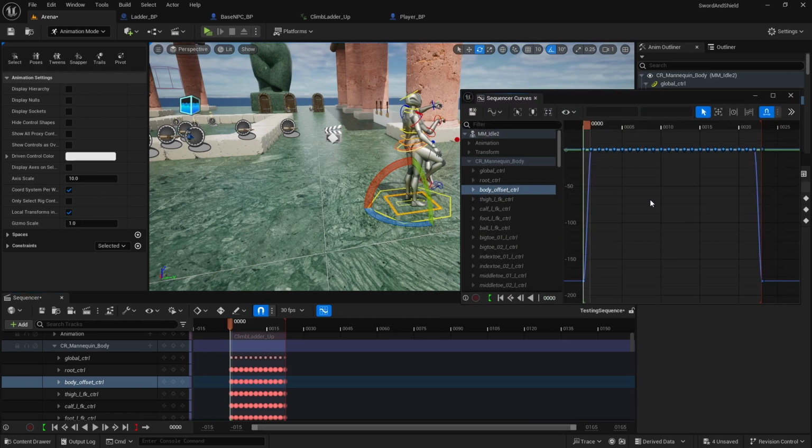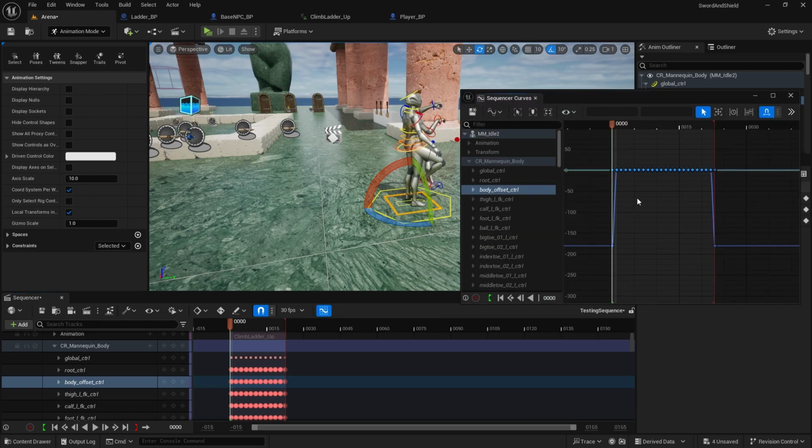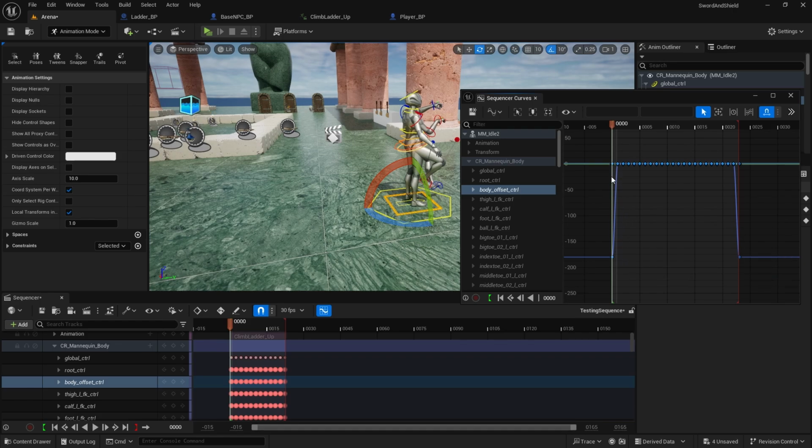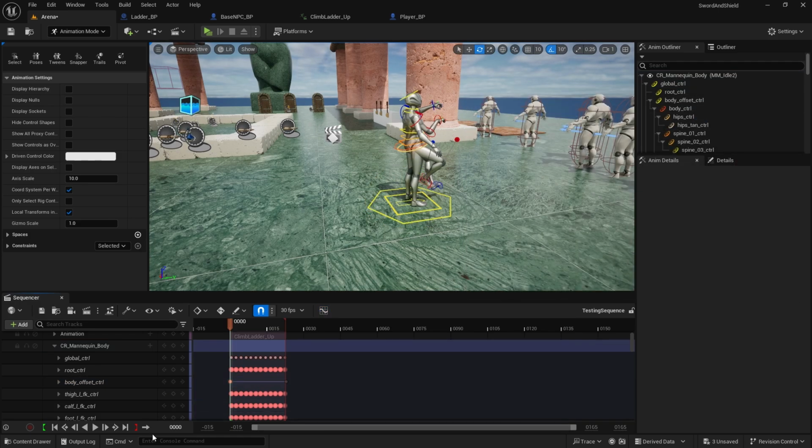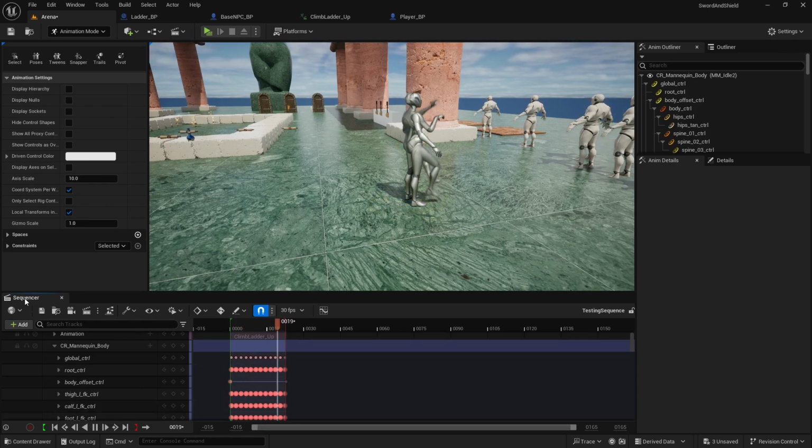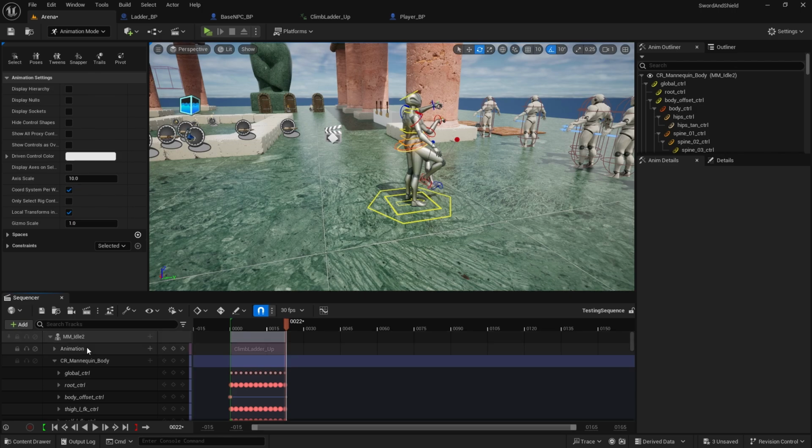Make sure the body offset is selected, scroll back, and then let's delete everything after the first frame. So all of these, even the last one. So you can select everything from here to there, delete, and that will straighten the curve because it only has one key. Well, this one has two, but it's on the same level. Save it. Now if you play the animation, it's turned around, so we can export it